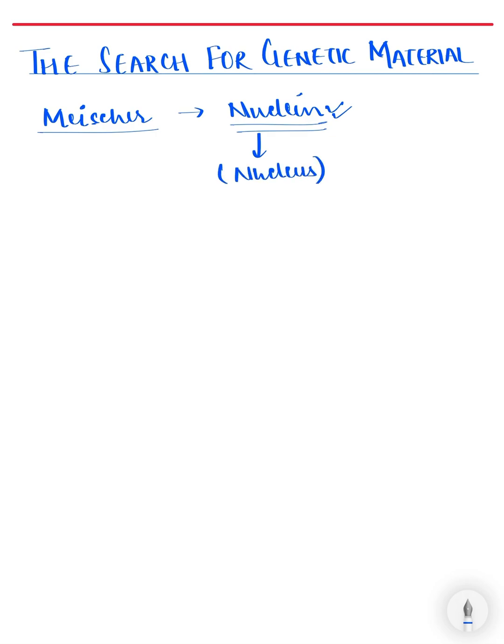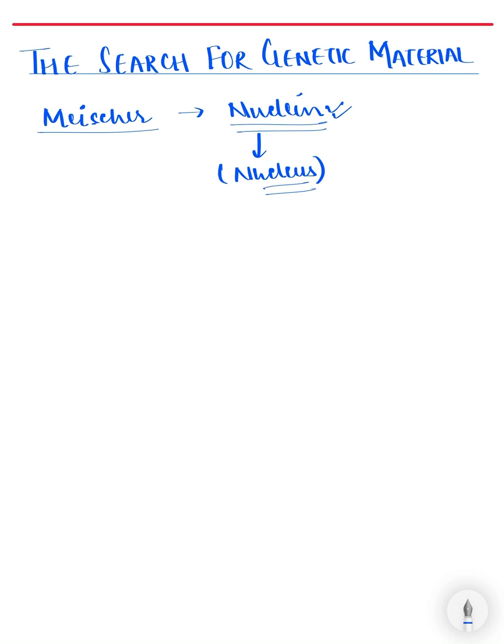The very first scientist named was Miescher. He discovered nuclein as the genetic material because this particular structure is found in the nucleus. That is why he named this chemical compound nuclein. After him, there were many scientists who conducted a series of experiments and began the journey for the search